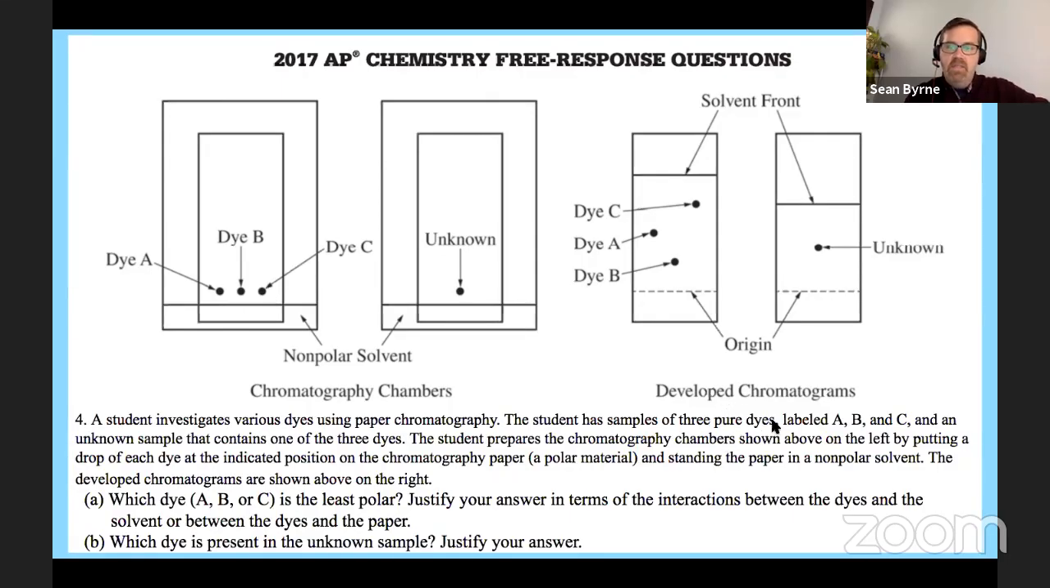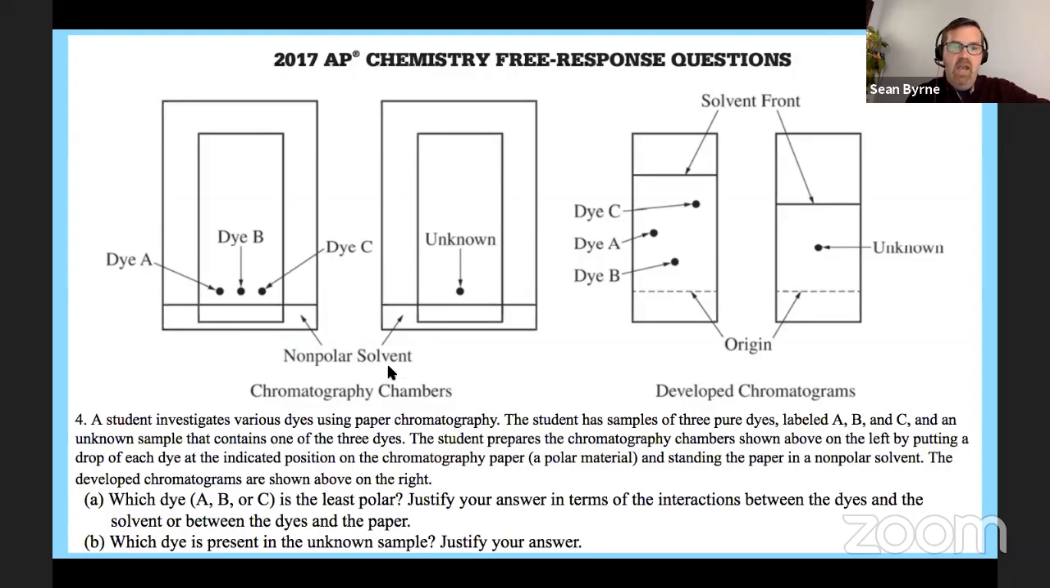Okay, this says that these are pure dyes. And so in this case, we didn't necessarily have mixtures. We're just going to do a comparison of what's happening to each of the 3 dyes that are here. So there'd be a difference between what we did yesterday and what we did today, but the same principles are going to